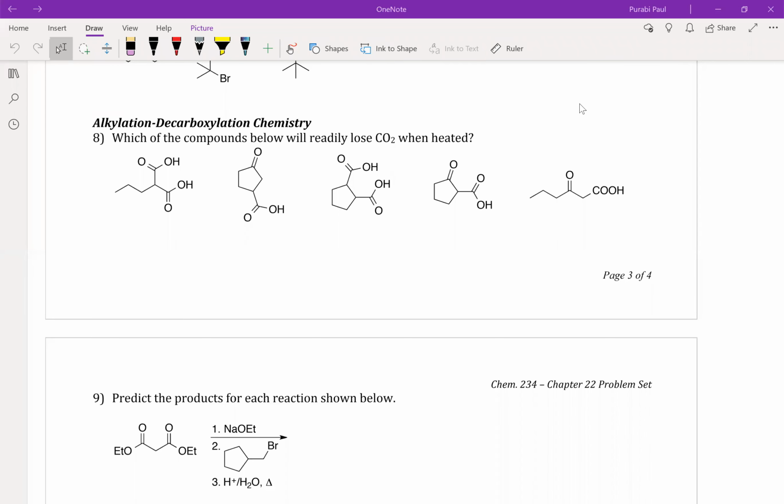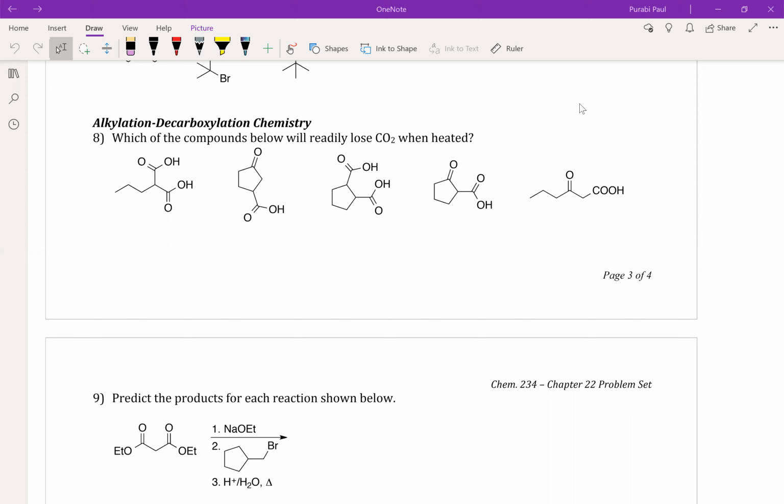Hi everyone. So in this video, I'm going to be talking about the decarboxylation mechanism. As you've heard Professor Pirrung say, for decarboxylation to occur, you need to have a carboxylic acid alpha to a carbonyl. So let's go through these molecules on problem 8 and determine if they're able to go through the decarboxylation